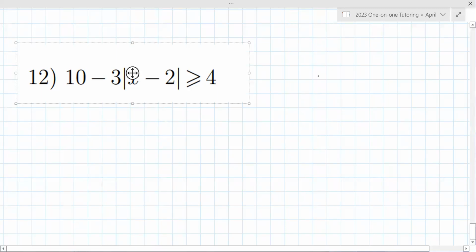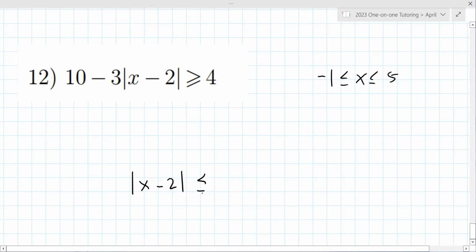-1 is less than or equal to x less than or equal to 5. Okay, looking pretty good here. So did you get absolute value x minus 2 less than or equal to 2? Yep. Okay, so,